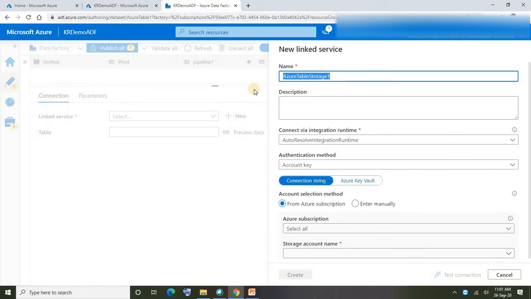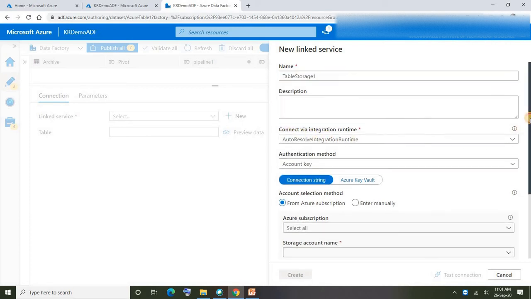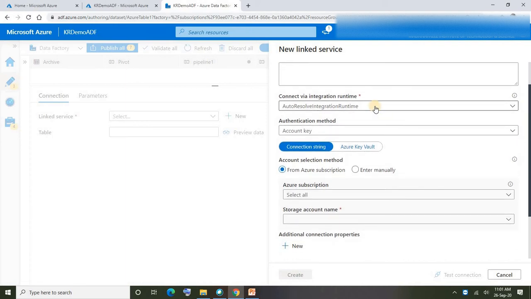It's the same like Azure SQL only. Storage 1, okay, and here integration runtime is default integration runtime, that is Azure integration runtime. Generally it is auto resolve integration runtime. So if you want to know the different types of integration runtimes, please watch my introduction video for ADF.